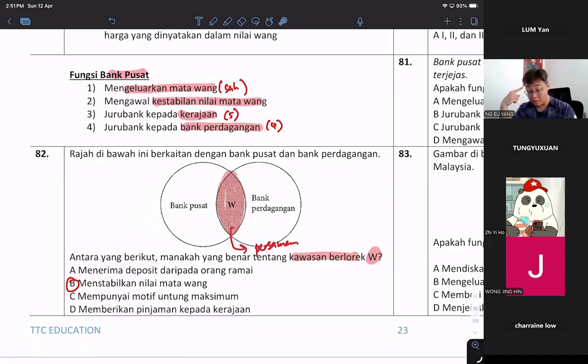Oh, also can. Also can. So guys, donkey is much more precise later. So the question is, I let you guys know why I try to circle the B first. Because menstabilkan nilai mata wang is